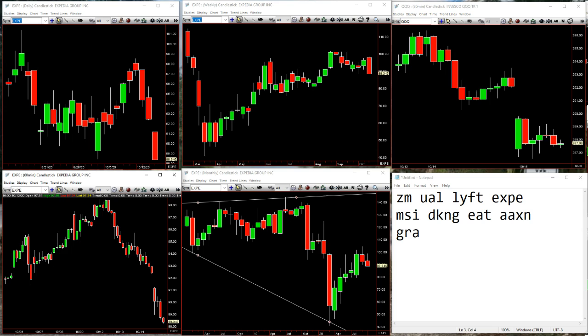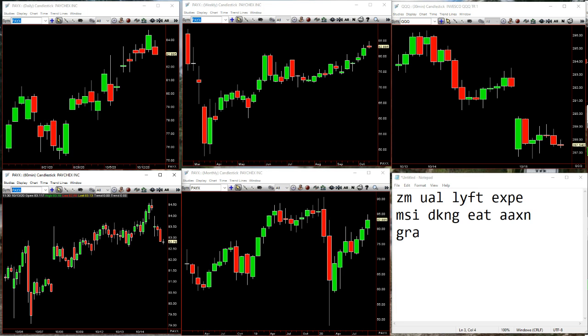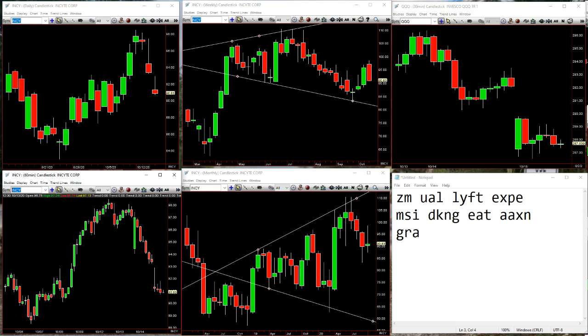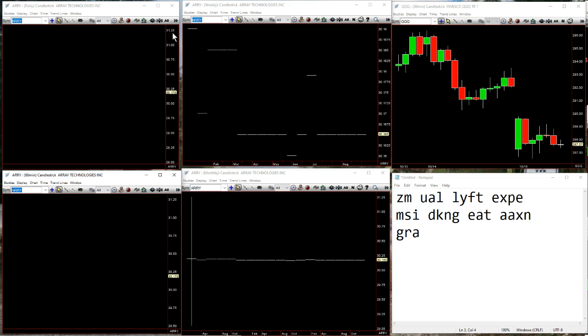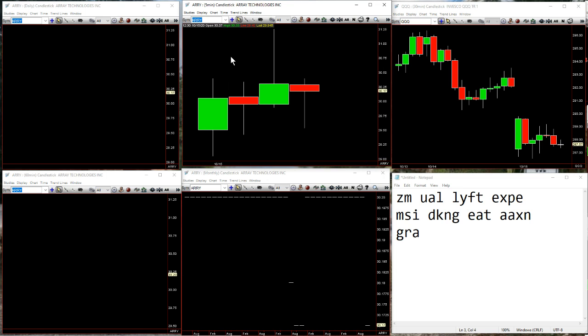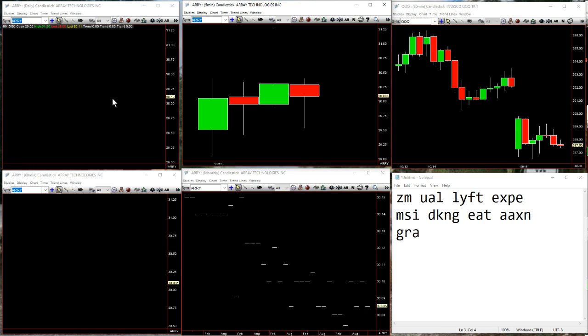Not bad. If we go to, how about Johnny Paycheck's doing here? PAYX. So anything that's still skirting the lows, not falling apart, certainly we'll keep an eye on stuff like that. INCY was having some issues here, I believe. INCY still staying down here, and potential outside weak here if you look at the upper middle. We also got a new issue trading here, ARRY. How's that thing doing? ARRY, let's see how you do, welcome to the world. How's your 5 minute? Chopping them up, so we'll see. So the thing about an IPO is you don't have a lot of information to go off of, but all these signals that I'm showing you work on all time frames, so you can keep an eye on that.